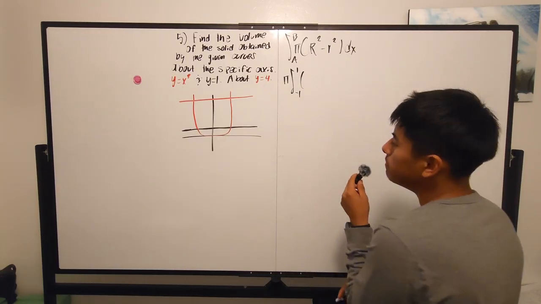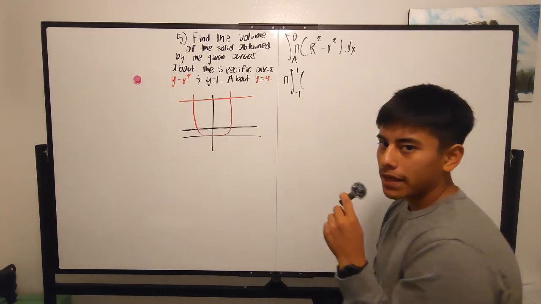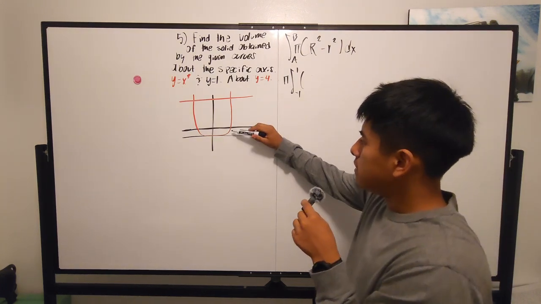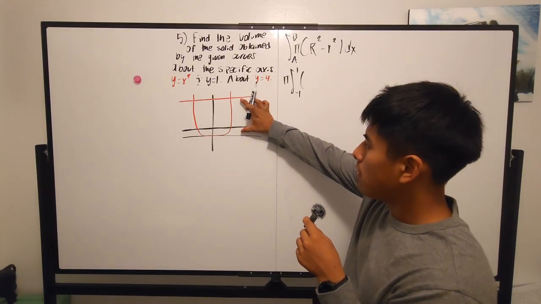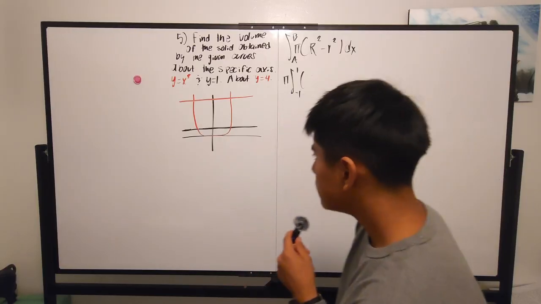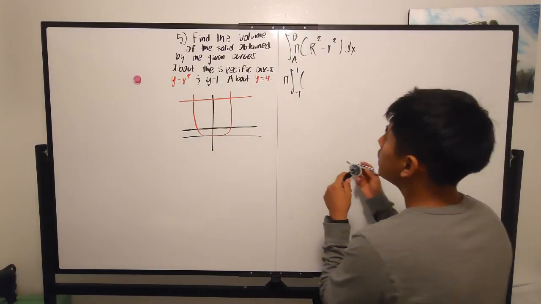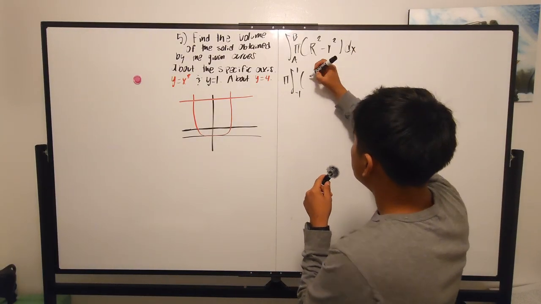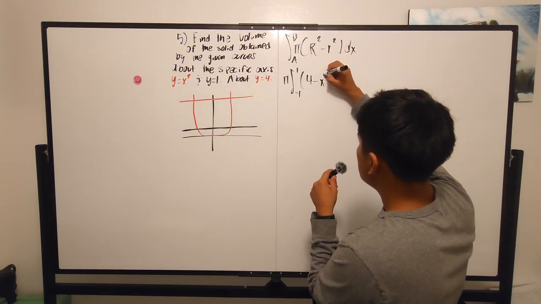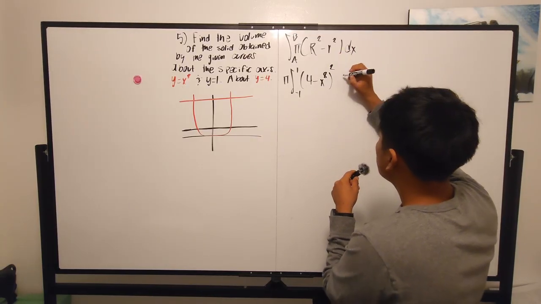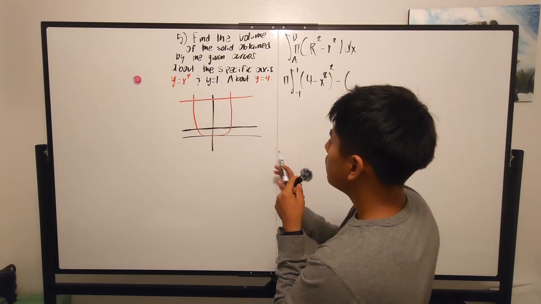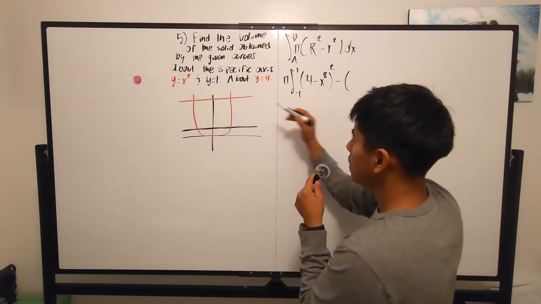And then we have the big radius squared. But again, like I said, we have to take into account the fact that it's a certain amount away from the line that we're rotating around. So in this case, how we're going to write that is, since this line is at 4, we're going to do 4 and then minus the function. So 4 minus x to the 8th, squared, minus this one, the black one, which is the same thing. So it's going to be